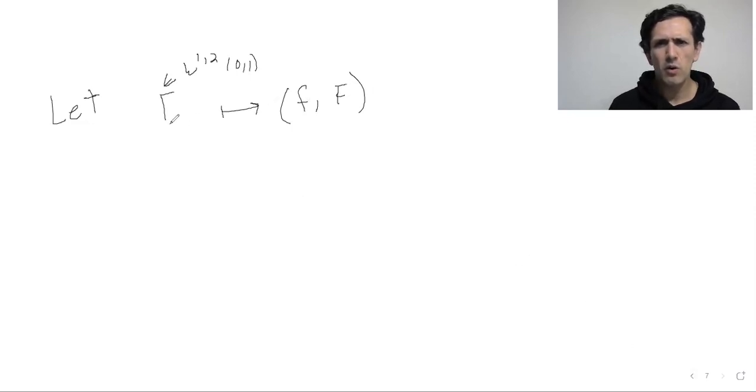So let's say we have a gamma in the Sobolev space W^{1,2}. So from now on, I'm going to associate this with little f and big F. Okay, so for each gamma,